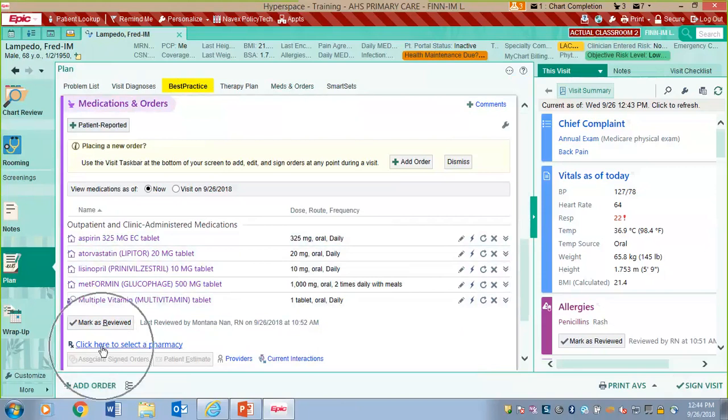Oh, they can also add the pharmacy down here. I always like to point this out so that we make sure we get our pharmacies. So one of the things I like about the Visit taskbar is that when you're placing orders, you don't have